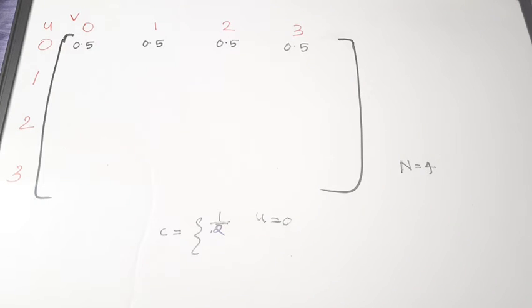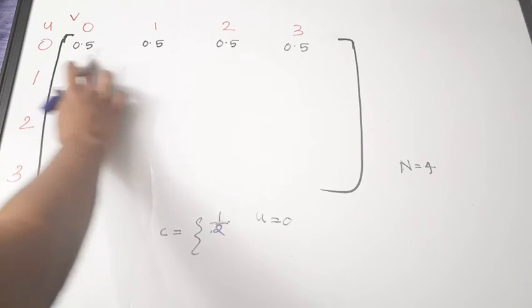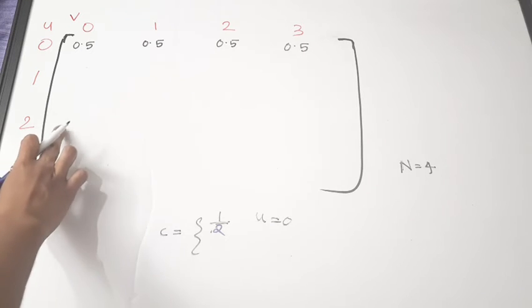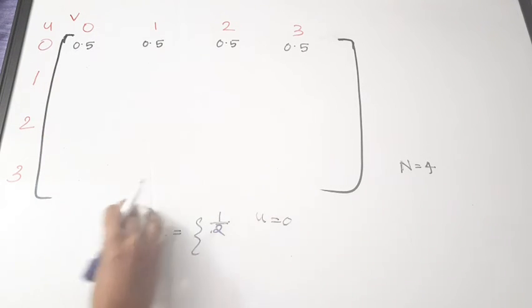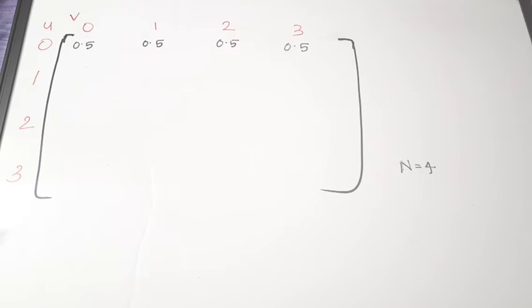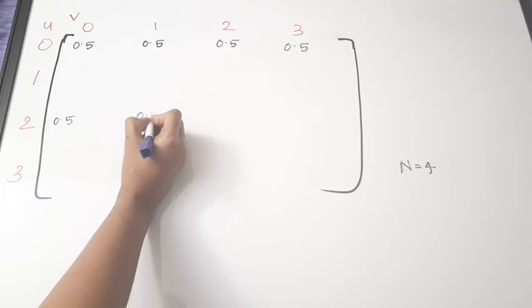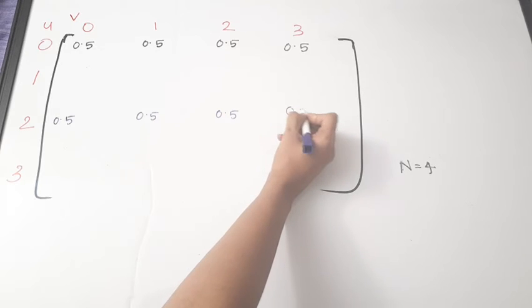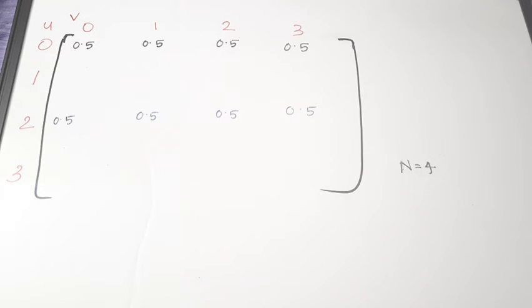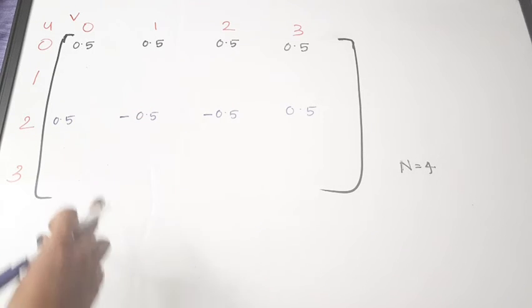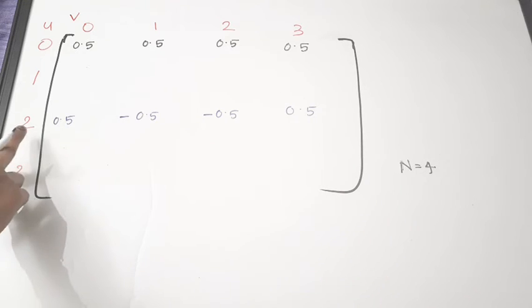That is 0.5, because we are taking the expression 1 by square root of n. This is the values for the first row. Now, your row number 2, that is your second last row, is also having the same values, but there are some sign changes. The values I'll write first: 0.5, 0.5, 0.5 and 0.5. The middle two values are having a negative sign. So this is row number 2.